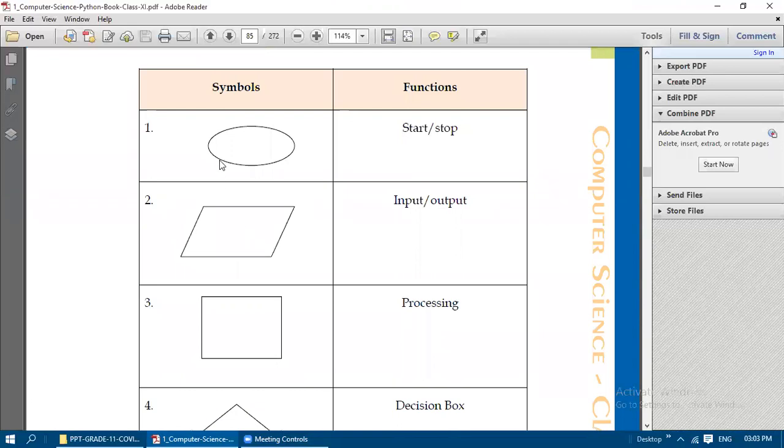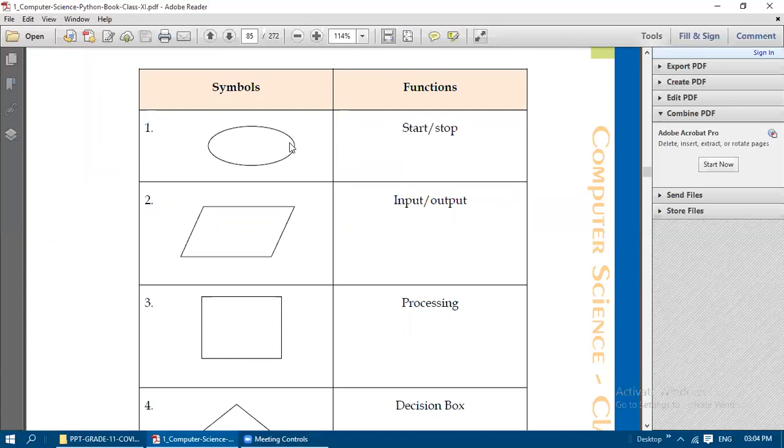The first symbol, whenever you draw the flowchart, the initial symbol will be an oval shape. That oval shape is otherwise known as the terminator symbol. This is used for start or stop process. In order to start the algorithm or process, we will use start, or in order to stop the program we will use stop.